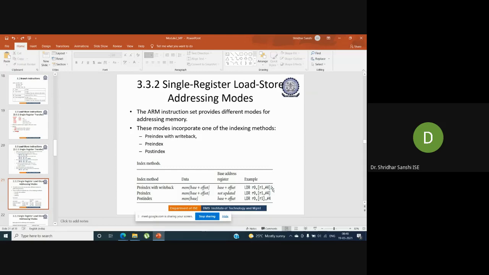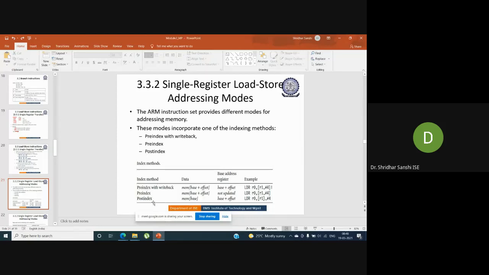The exclamatory symbol means that it is pre-index with write back. So the base register value is updated, and the new address will be stored in the base register by adding plus 4. That will be the new base address.